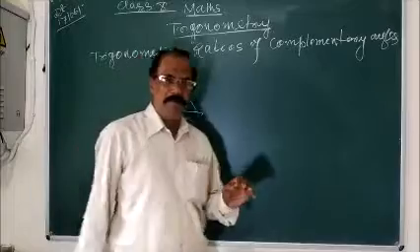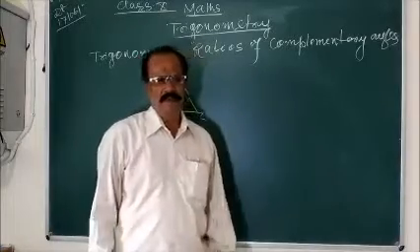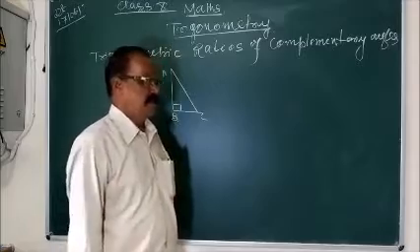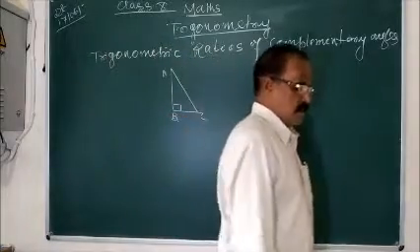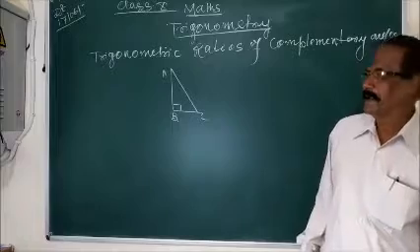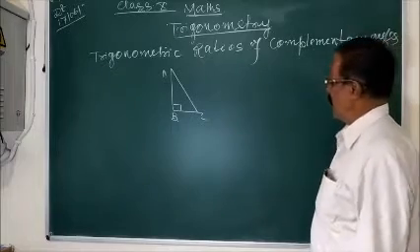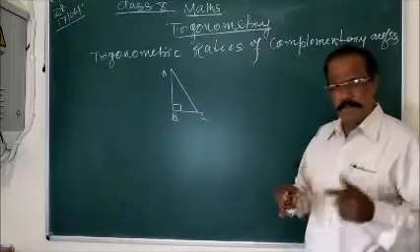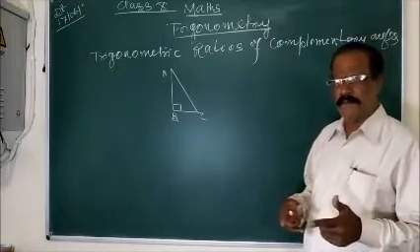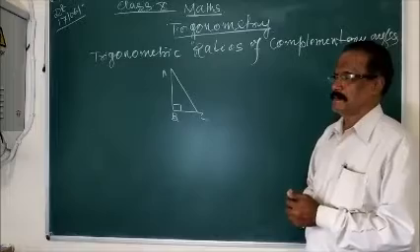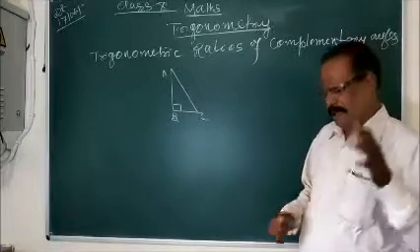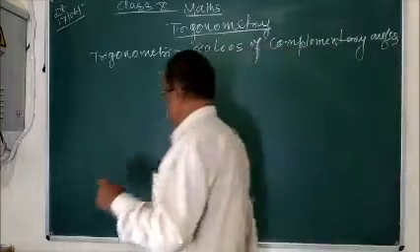If the sum of two angles is 90 degrees, each angle is called a complementary angle. And supplementary, you know very well, if the sum of two angles is 180 degrees,